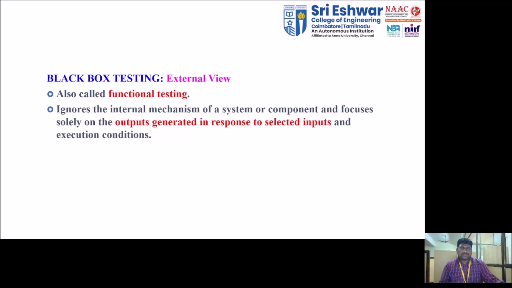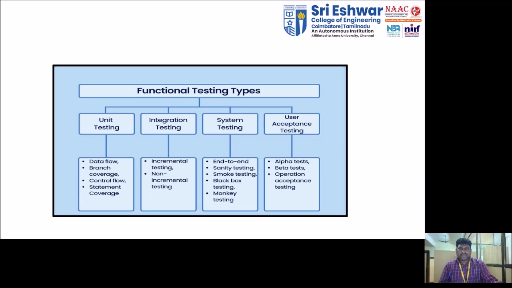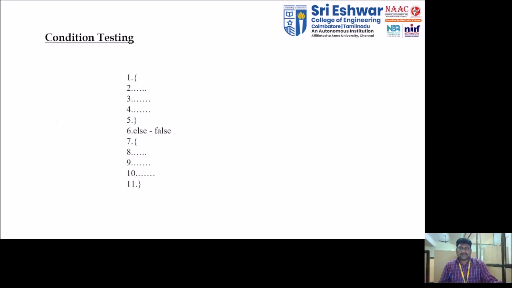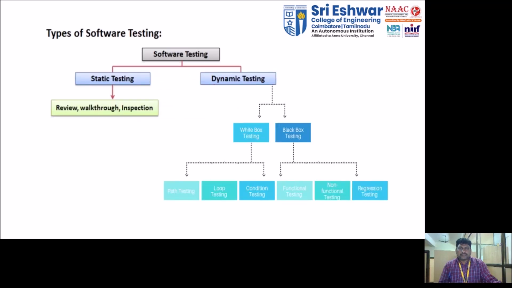Okay, so this is functional testing and non-functional testing and regression testing. Okay, black box testing has three categories: functional testing, non-functional testing, and another one, regression testing. Okay, so functional testing means